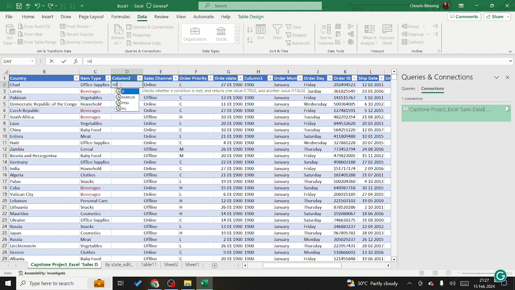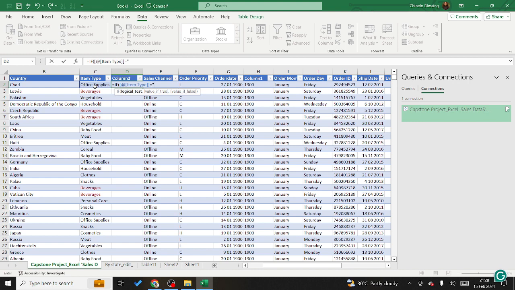Then you type IF. Excel had already given you the formula. Excel now asks you what is the logical test: if this data here is equal to